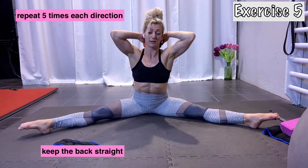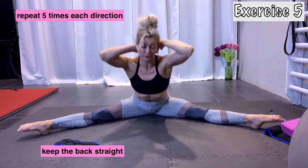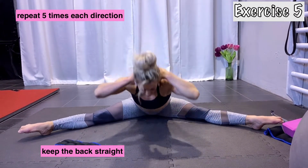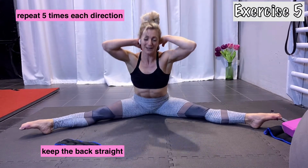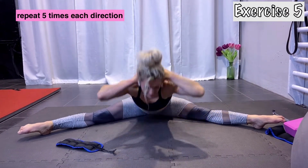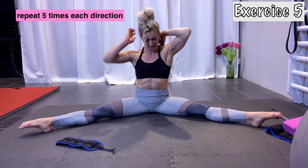1, try to keep your back as flat as possible. The goal is not to come with the head to the floor. 4, 5, stay there a bit. The goal is actually to come with a straight back forward and work the muscles, because when you do it,